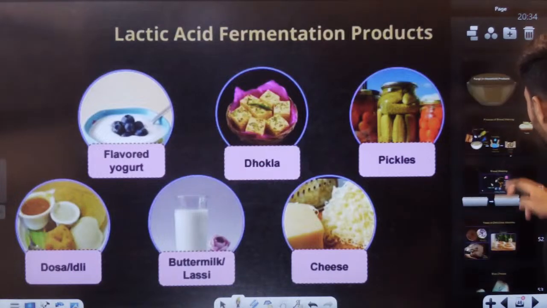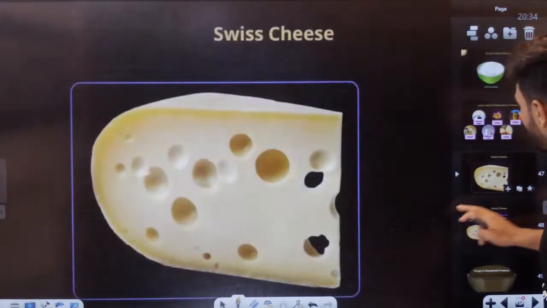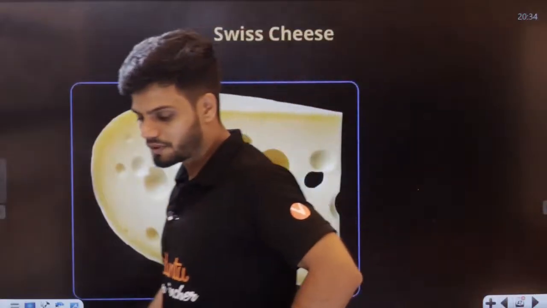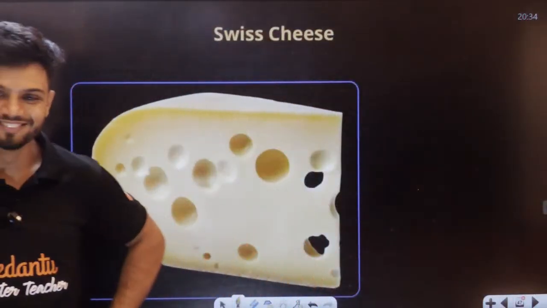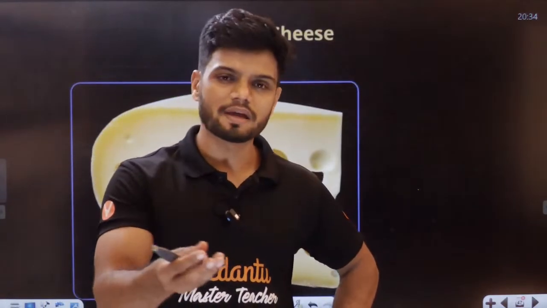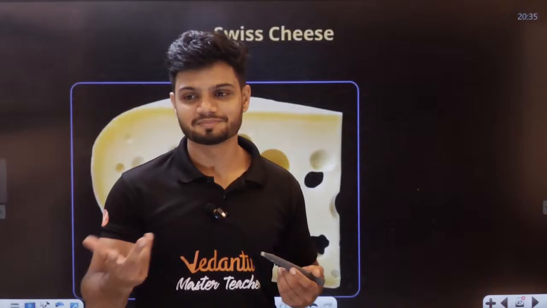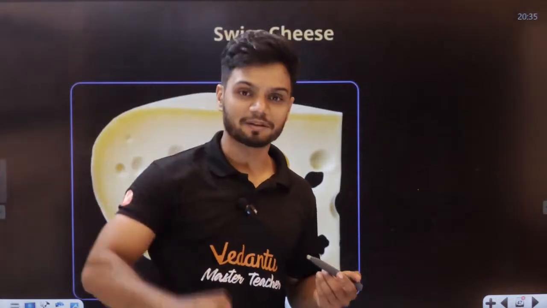Okay. Now, students, I'll teach you how to make Tom and Jerry cheese. Ready, all of you? Students, I can make you read these lines very easily. All you need to know is to make curd we need LAB. To make dosa batter we need LAB. But where is the fun in that? We learn biology because we love science, right? All of us love biology, and to know what actually happens in a process, it's so much fun.